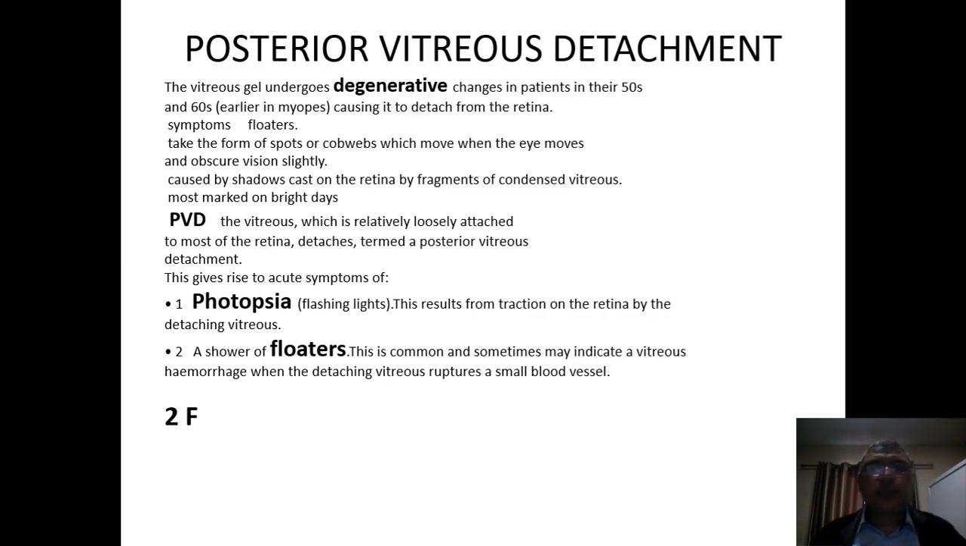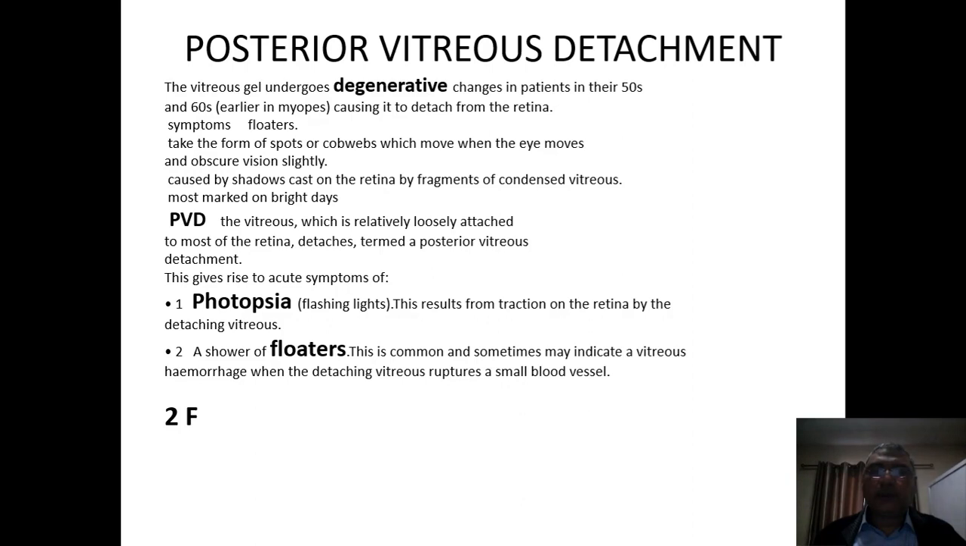Posterior vitreous detachment: the vitreous gel undergoes degenerative changes in patients in their 50s and 60s, and this degeneration will result in the vitreous gel losing its structure and becoming fluid-like with floating collagen and cells inside the vitreous gel. Detachment of this vitreous gel from the retinal surface will produce symptoms like floaters, like flying spots or cobweb inside the vitreous cavity, casting shadows on the retina, and